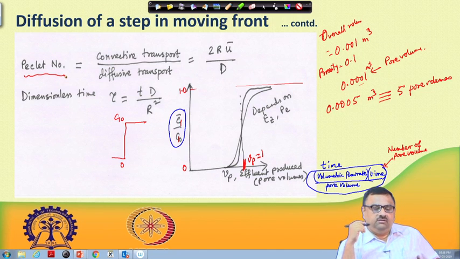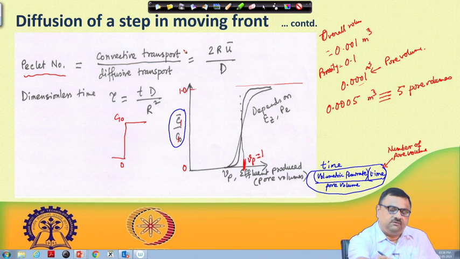Peclet number is equal to convective transport divided by diffusive transport. It can be written as 2 r u bar by d, where u bar is the average velocity of the flow,